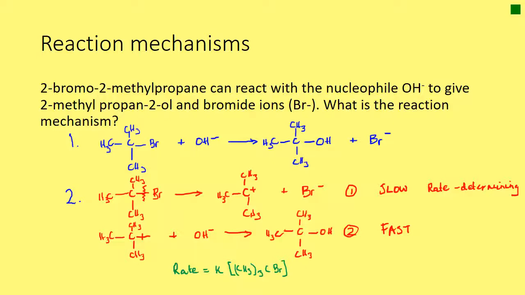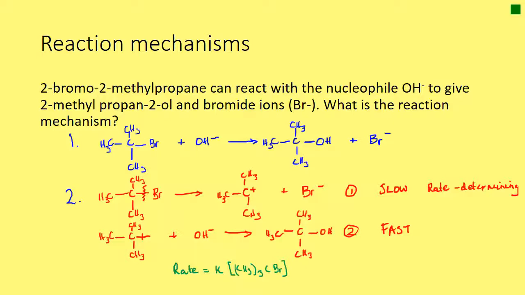So that is one mechanism where simply the hydroxide ion replaces the bromide ion. Now, if that was the reaction mechanism, then clearly we have two reactants, hydroxide and 2-bromo-2-methyl propane,